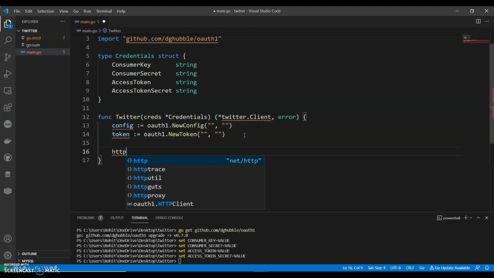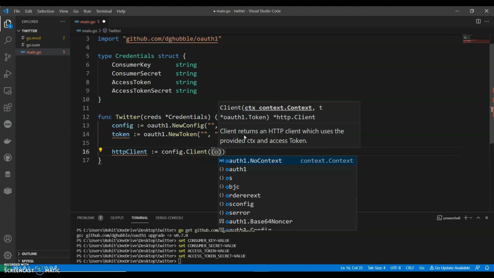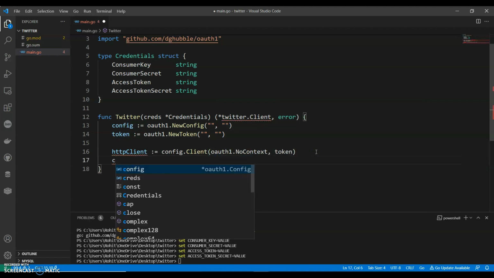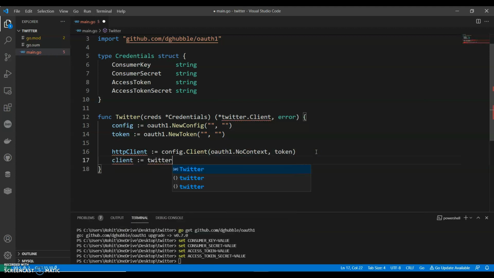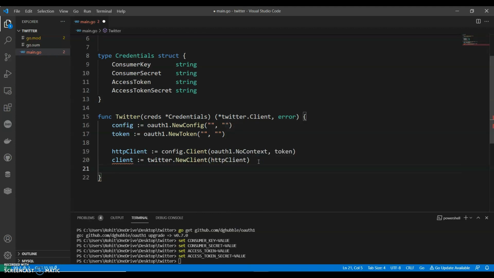And then httpClient equals to config.Client. You have to say auth.NoContext, comma token. And you can say client := twitter.NewClient(httpClient). Okay, now we have to verify the credentials.